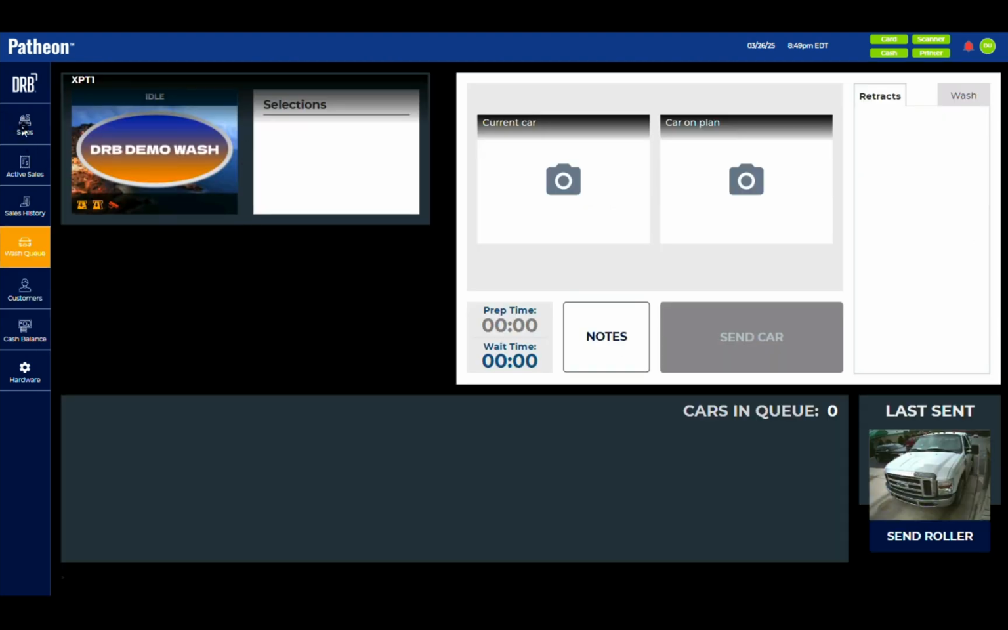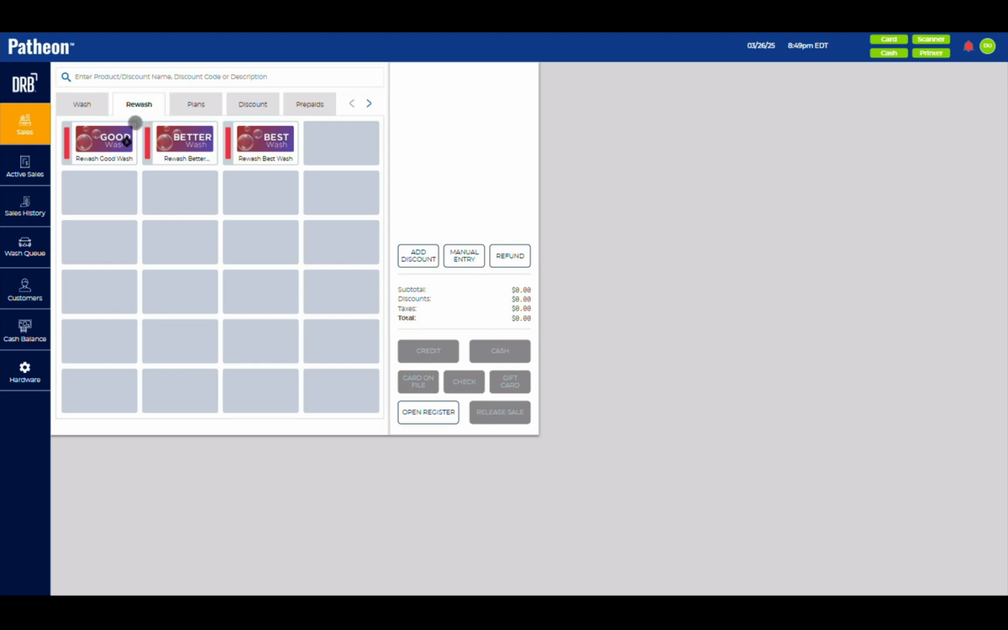From the tunnel loader screen, you can go to the wash tab as well and fire rewashes. And if you have a cash drawer, you could even sell washes and use the cash function. If you don't have a cash drawer, the cash function will be grayed out and you're not able to take cash. If you don't have a credit card reader, you won't be able to take credit card either, and you'll